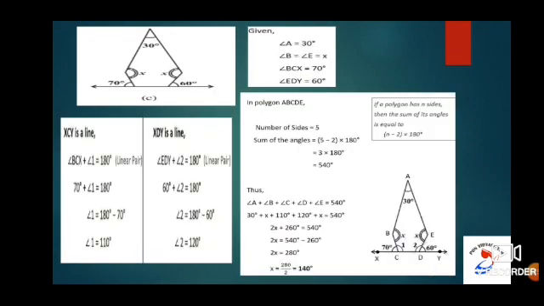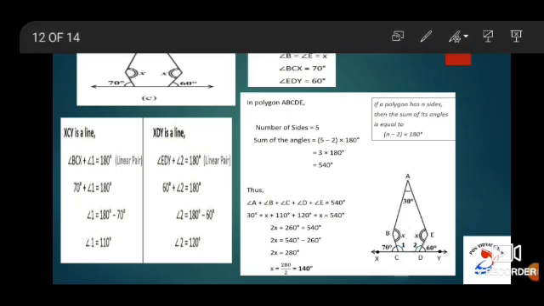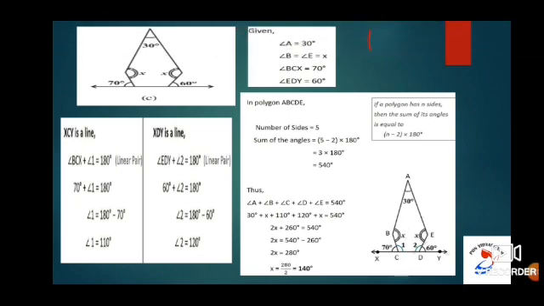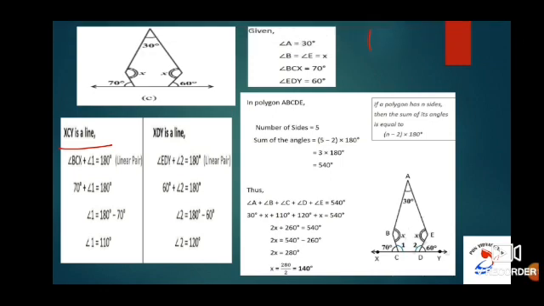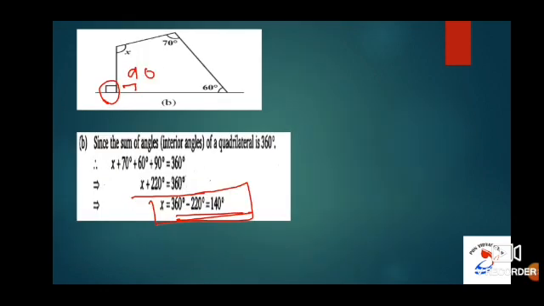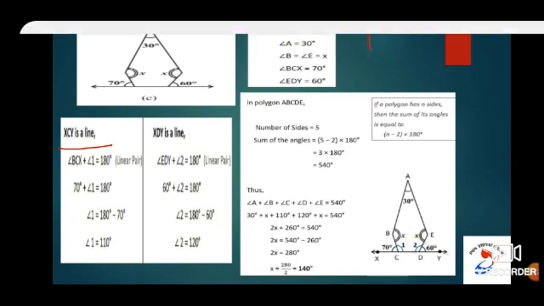Now subdivision C. Again you have to find out the unknown measurement. First of all, for that also we are having only the one known value, that is 30 degrees. So how will you find out? First let us consider the line XCY. See the line XCY, that is a line.